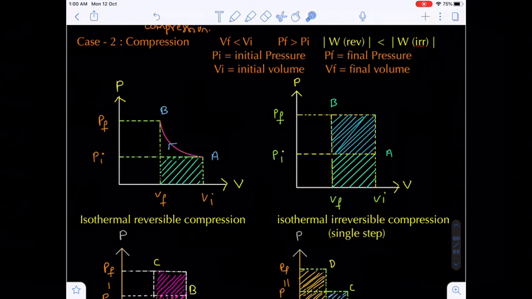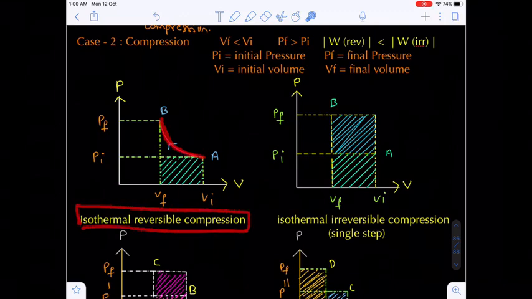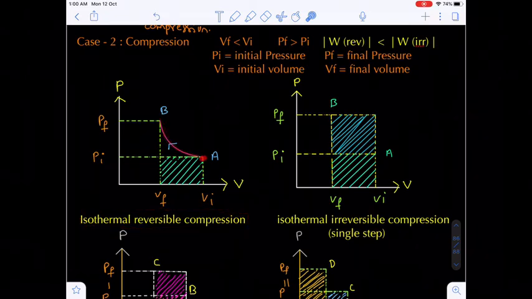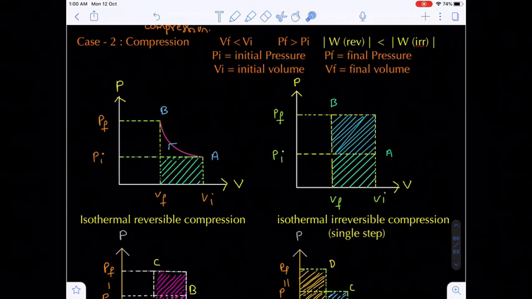Now we are moving from point A to point B. This is the rectangular hyperbola because this corresponds to reversible compression. Initially we are standing at point A, where the volume will be the initial volume Vi and the initial pressure will be Pi. Now we move to point B along this curve, the rectangular hyperbola. After reaching point B, that is the final point, we have the final volume V final and final pressure P final. We know how to calculate the work done: it is the area under the curve. We can calculate the area under the curve, and that gives the work done.